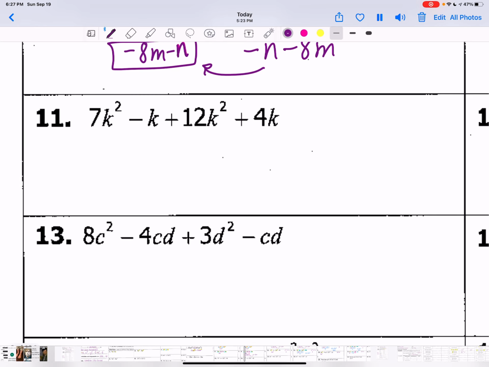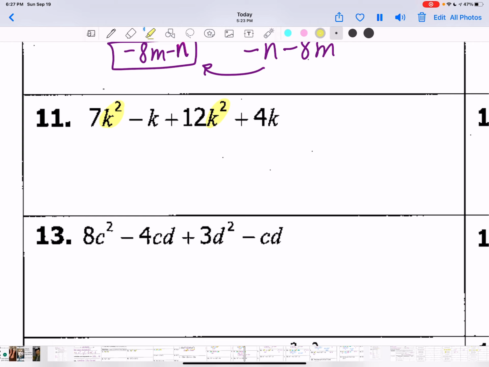All right, let's move down to number 11. Now here we all have k's, but now we need to look at the exponents. So here, the first one, we have k squared, and we have a k squared. So remember, it has to have the same variable and exponent in order to be like terms. So we're going to combine the 7k squared and the positive 12k squared, and you're going to get